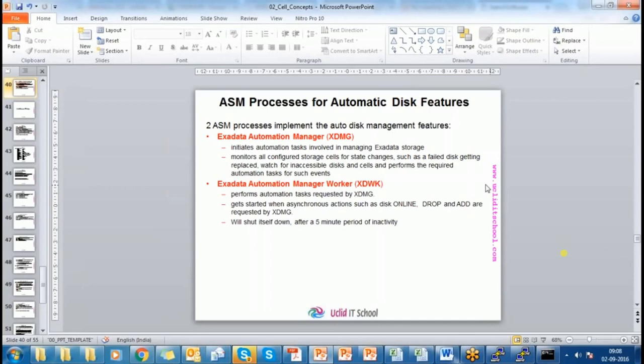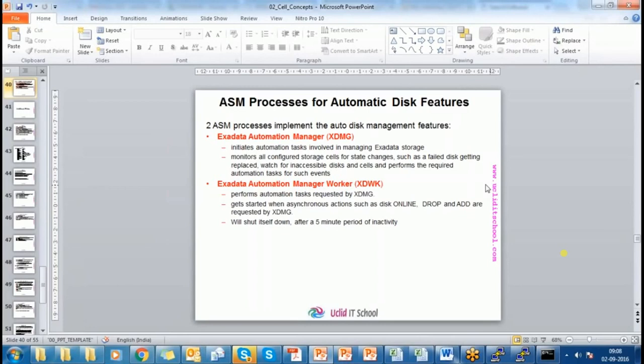What I mean to ask is, if both the failure group and the actual group fail at the same time, how do you ensure high availability? Is it through RAC? No, storage level failures are taken care of with ASM redundancy. So when you create a disk group, you need to mention normal redundancy or high redundancy.